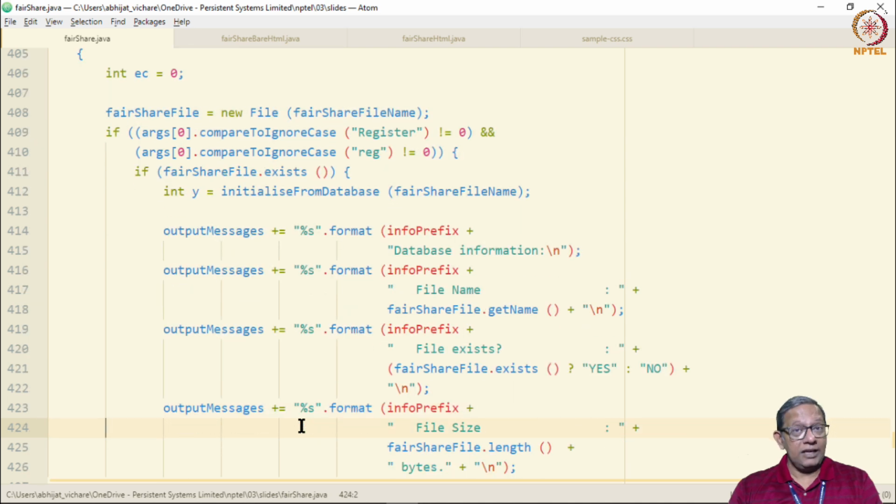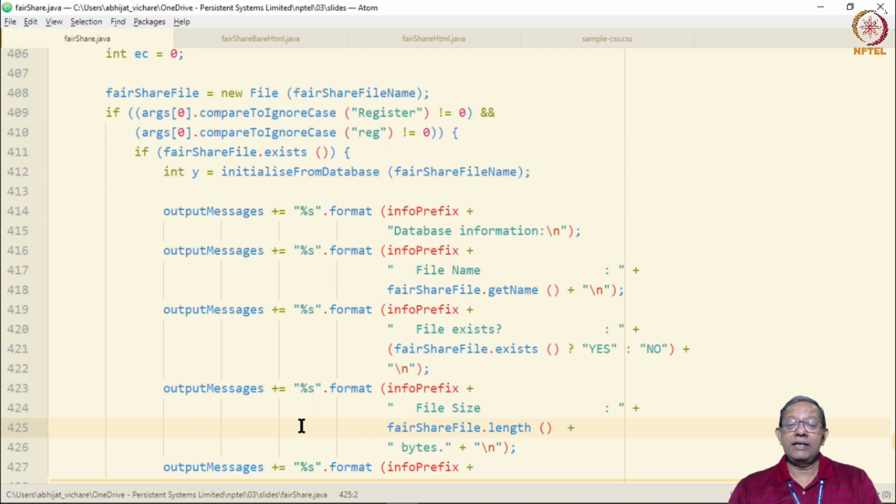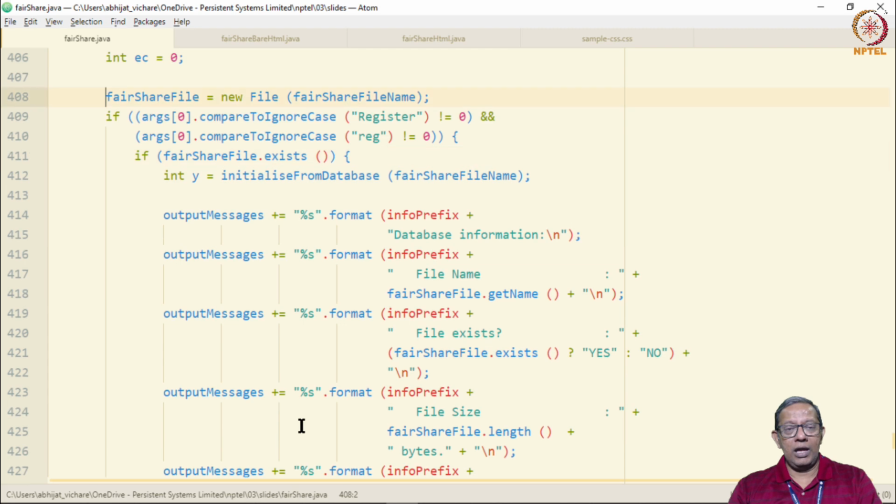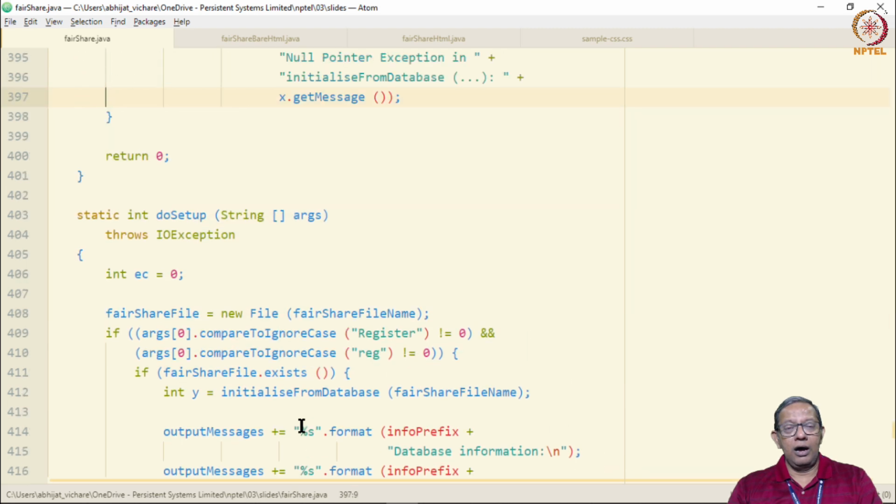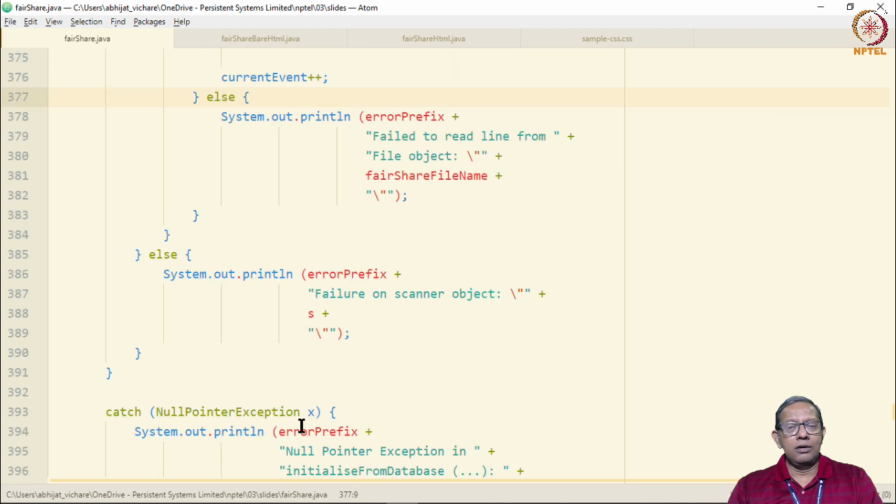Does it exist? If it exists, what is its size? And so on and so forth. This is simply printed out. We would need to change this aspect, the one that prints out information.